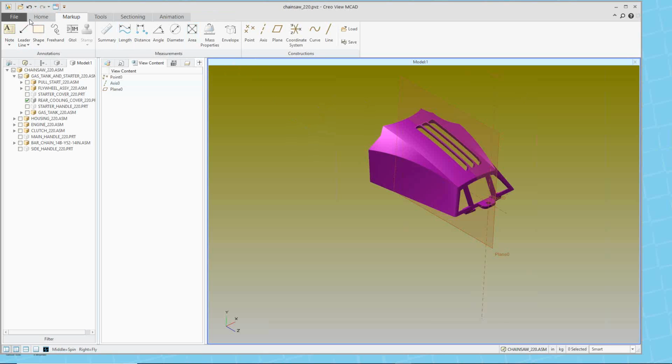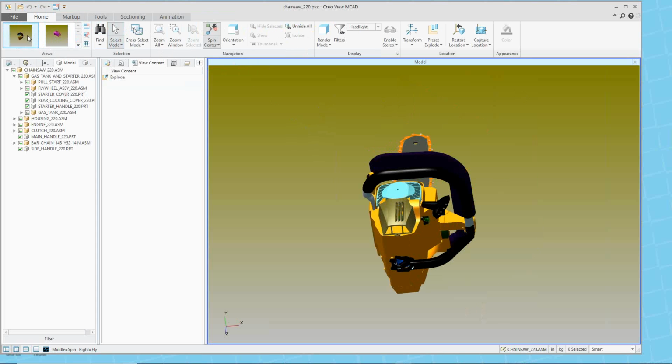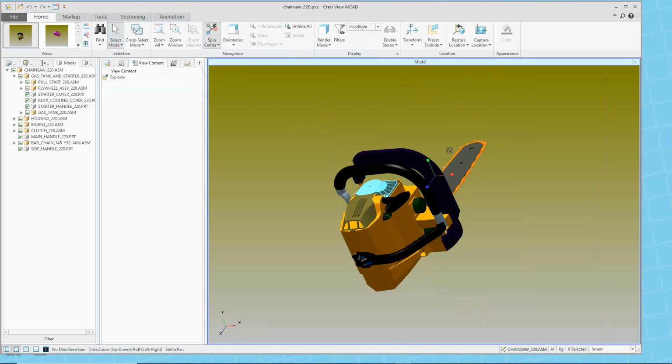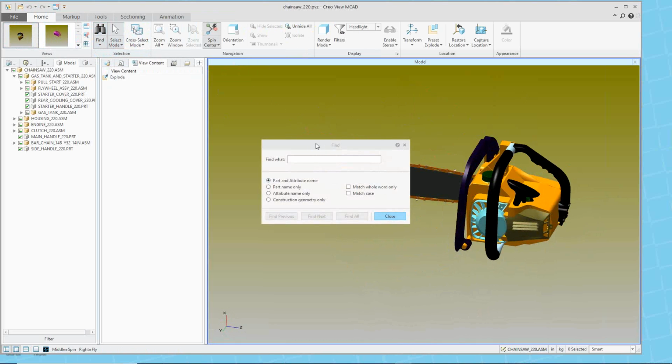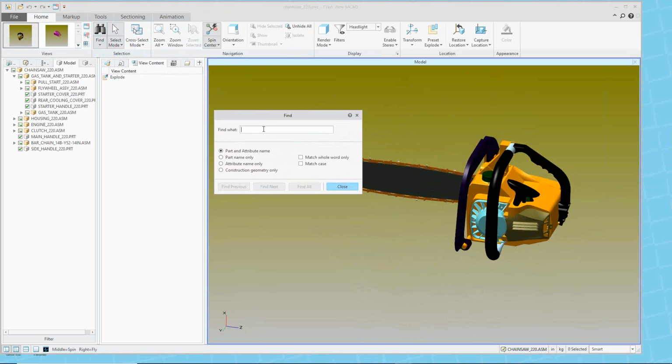All right, so now I'm going to go back to my home tab, go back to the original assembly. Now, inside the assembly, one of the things that is also additional is how we can search. So inside of our regular Creo View Lite, we simply have a find command, which basically gives us the generic functionality of going in and simply saying, okay, I want to find anything that is a cap,